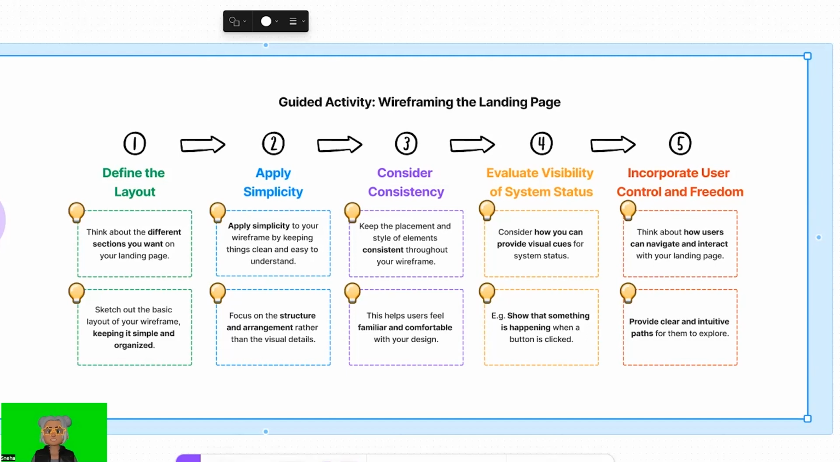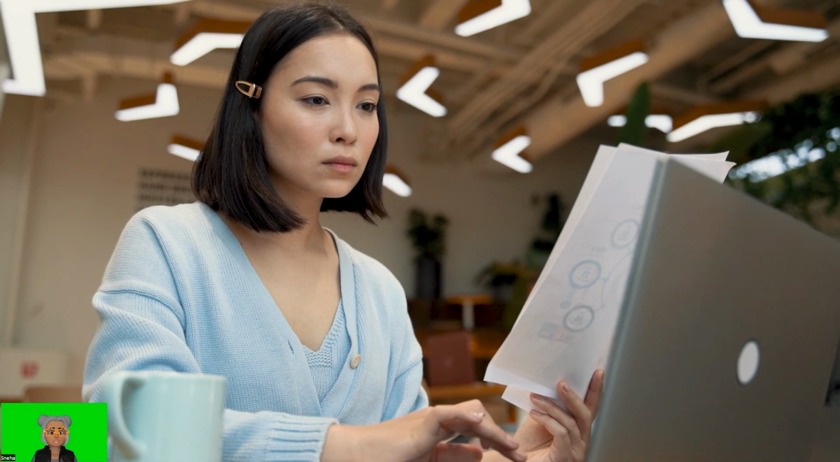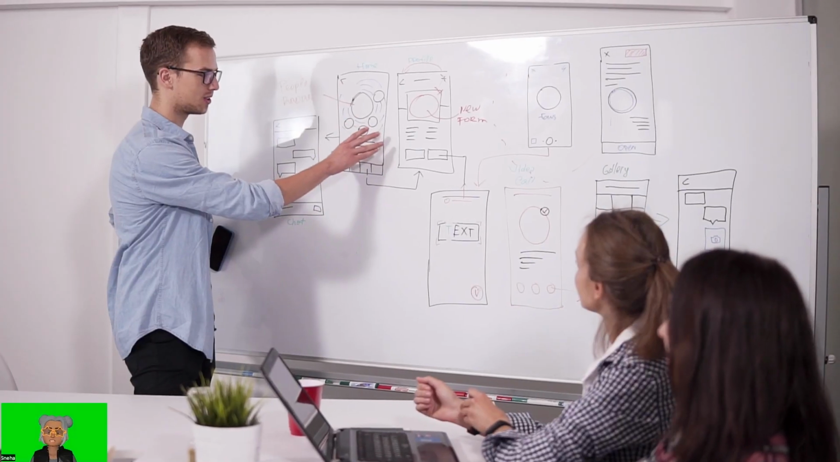Remember, these wireframes are just the beginning of your design journey. They allow you to get a feel for what UX UI is all about and help you plan the layout and structure of your landing page. But don't worry, we won't stop here. In the next video, we'll explore how to bring these wireframes to life and add the finishing touches to create